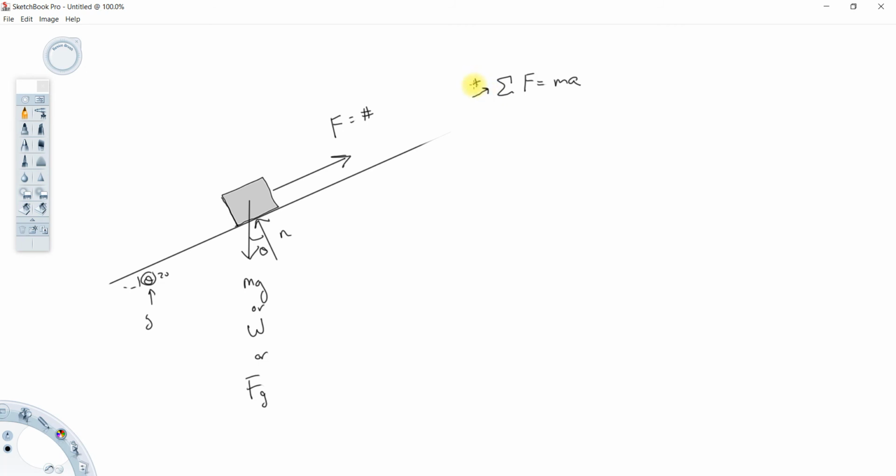This thing is probably accelerating like this. Now, not having run the numbers, it's actually conceivable that it's accelerating this way. I haven't run the values yet. I'm going to assume accelerating up to the right. When you write this force equation,